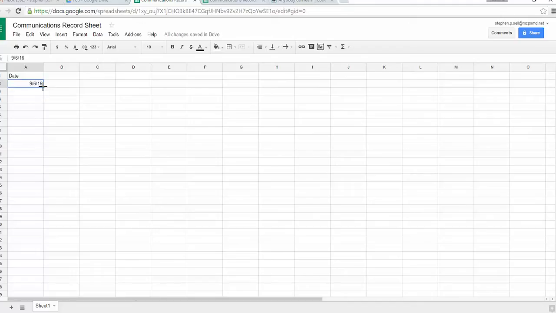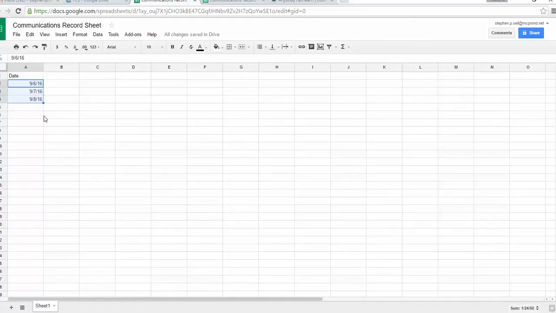And let's say that our teacher has told us to record information for the next 3 days. So we are going to want dates for September 7th and September 8th. Well, a sheet is a smart piece of software. It'll recognize patterns. So if we click on that cell, which we just placed the date in, in my case it's cell A2, and I hover over the bottom right corner, then my mouse will change to a crosshair, this plus. And if I click and hold down and drag down, it will generate the next 2 consecutive dates